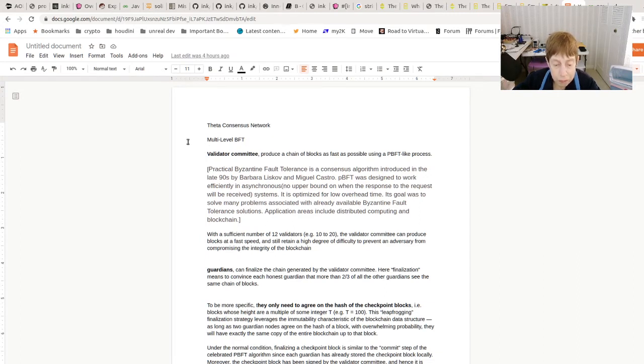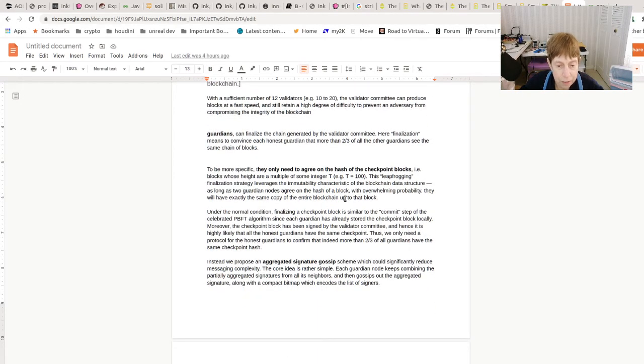So a checkpoint block is similar to the commit step. Again, we're not going to get too much into the commit step of PBFT today, but the checkpoint block has already been signed by the validator, so it's more likely that all the honest guardians have the same value. The only thing left is to have a protocol for the honest guardians to confirm that indeed more than 2/3 of the guardians have the same value, and they call this